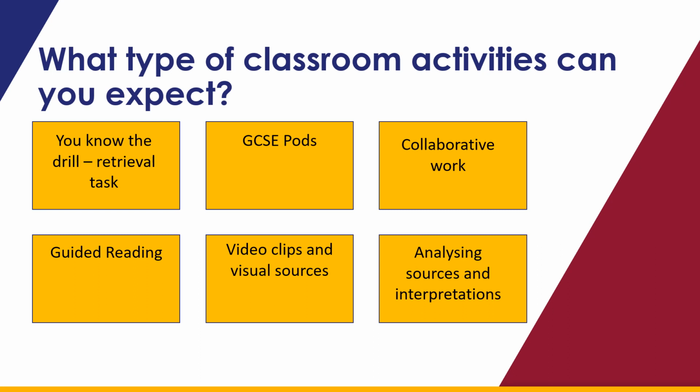Collaborative work is really important, particularly in history, where trying to assess things from different people's perspectives. So if we can work in collaboration with others, it maybe helps us to understand how people can see historical events differently. That links to a lot of work on interpretations, how historians have interpreted the past differently, how it's